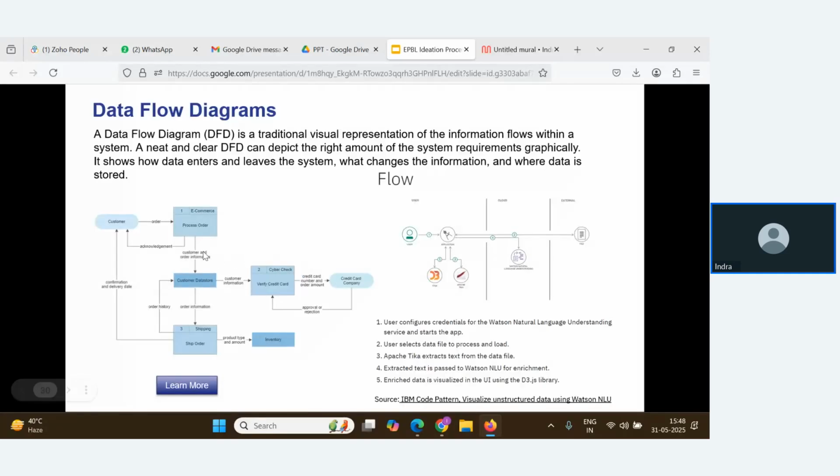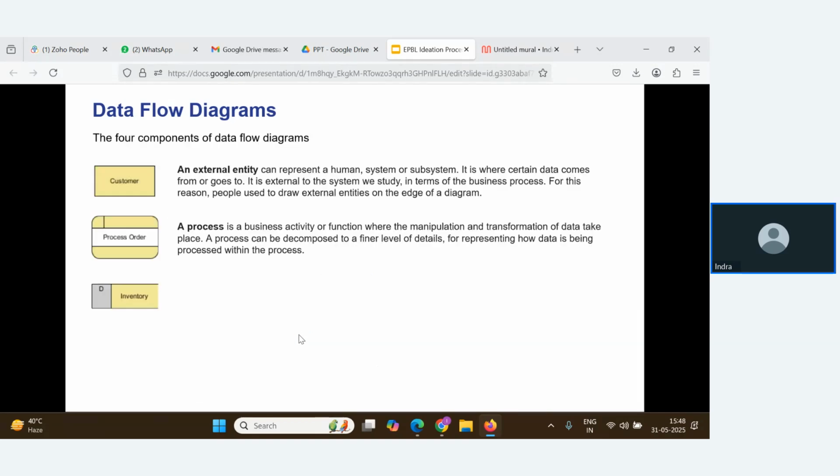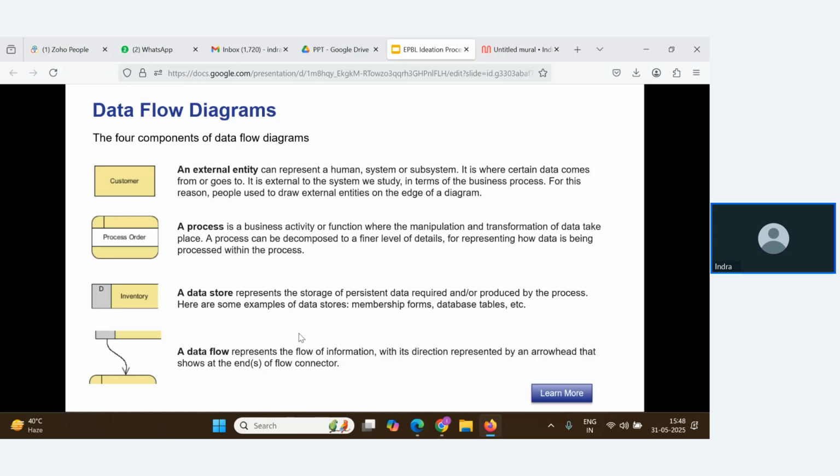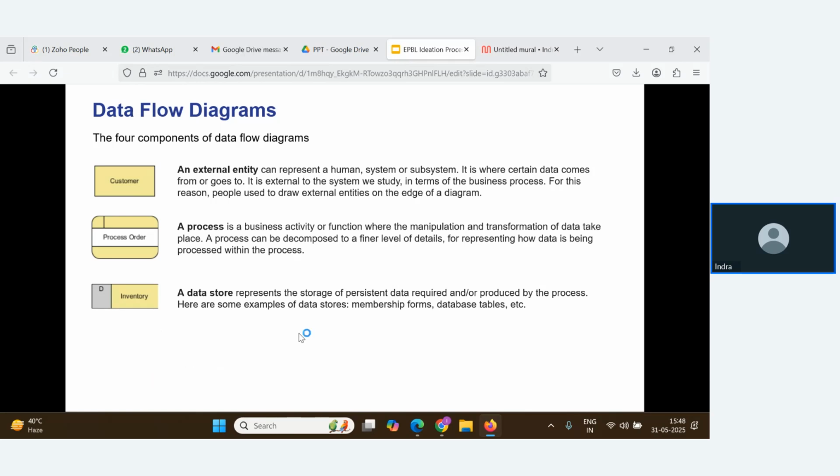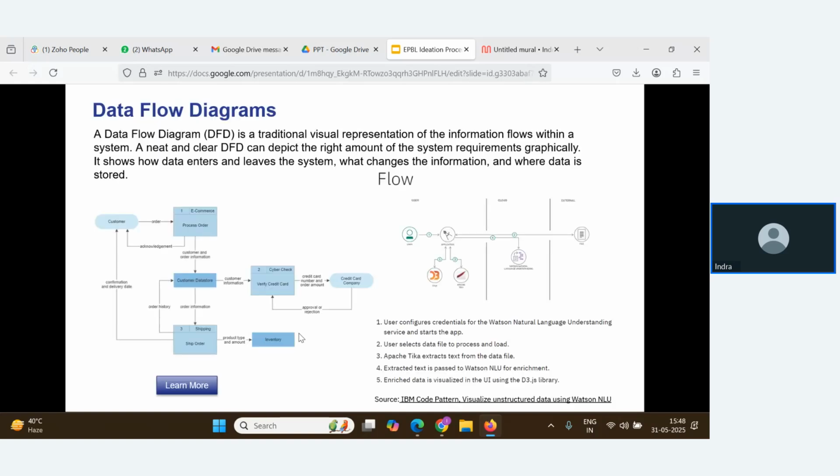Let me give you one small example of a data flow diagram. Imagine that you are shopping online. At each step, you are giving some kind of information, right? First of all, you will go to a website. You will put in your email and password. That email and password is going to be checked with the user database, right? So once it is correct,